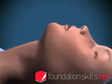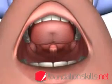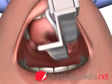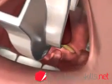Standing behind the patient with the head in the sniffing the morning air position, with the left hand, insert the curved blade of the laryngoscope into the mouth over the right side of the tongue, displacing it to the left and upwards. Advance the laryngoscope slightly until the tip of the epiglottis can be seen posterior to the back of